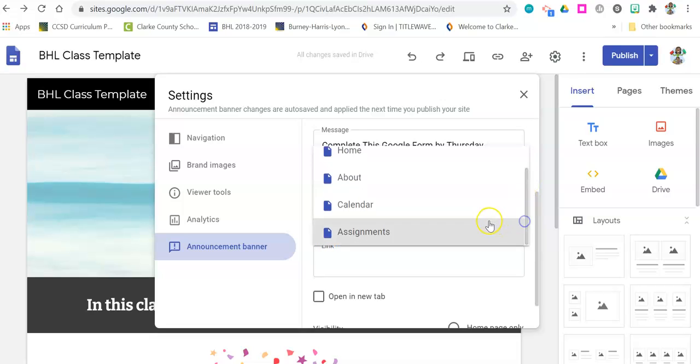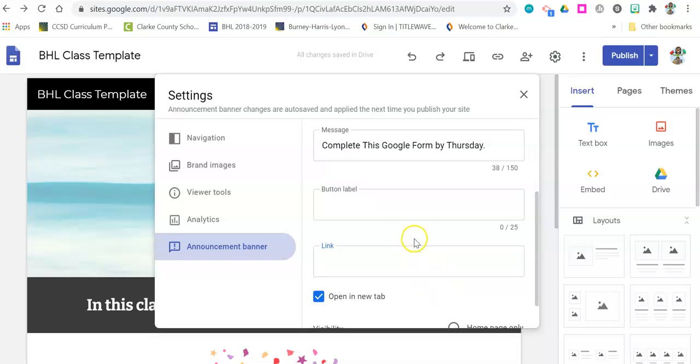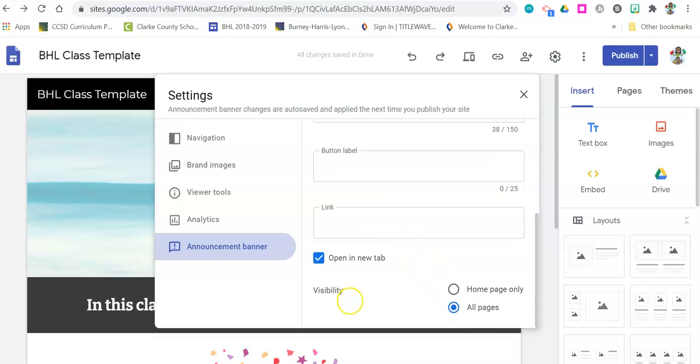or you can link to the page that it's going to be on. Say it's an assignment that you need them to complete, and it's in that assignment folder. You can link back to the. It will open in a new tab if you have this click. If you don't want it to open in a new tab, then you click off of that and you uncheck